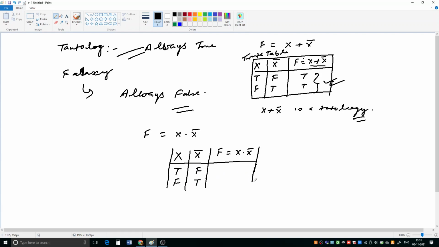Now what we have to do is calculate the value of this expression. x dot x naught means we are performing the AND operation. As I told you when I was explaining the AND operation, the AND operator returns true if both of its operands are true, otherwise in all other situations it gives us false. So here one of them is true but the other one is false, so here we will get false.